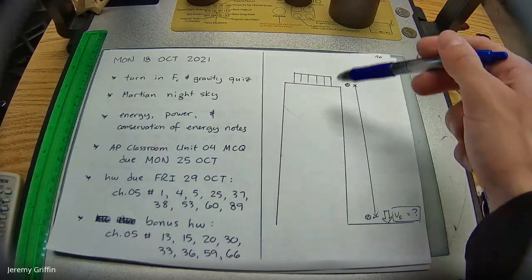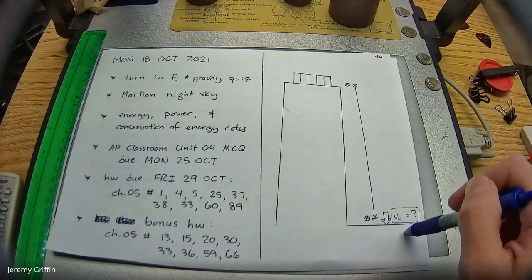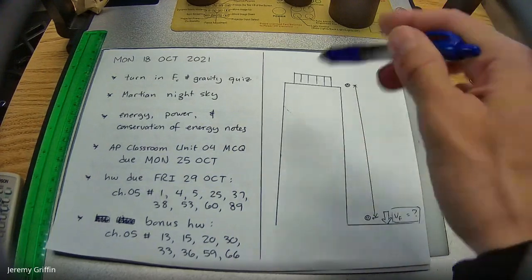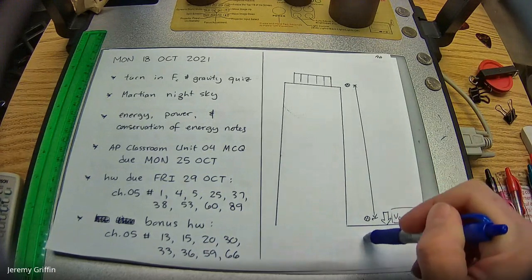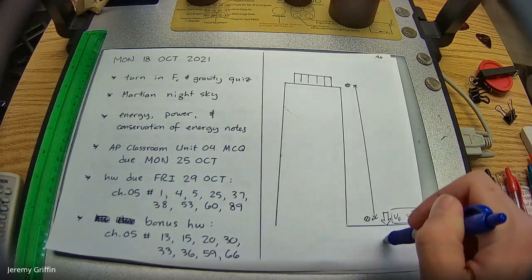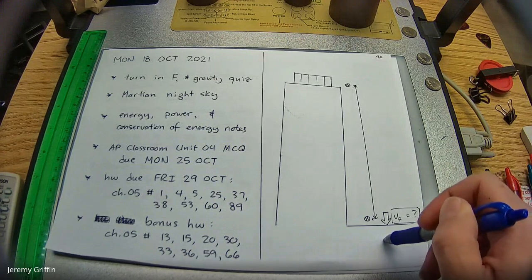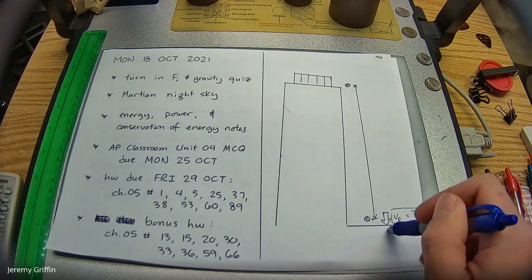Also, hey, look at this right here. We got Leaning Tower. We got stuff being dropped off Leaning Tower. What's the speed at the bottom? This is a story that keeps coming back over and over in this class, isn't it? So Galileo dropping stuff off Leaning Tower. And the reason I'm throwing this story here is that by the end of today, you guys are going to see that there's actually an alternate way to approach this question of how fast does anything crash land at the bottom of a cliff, bottom of a tower.